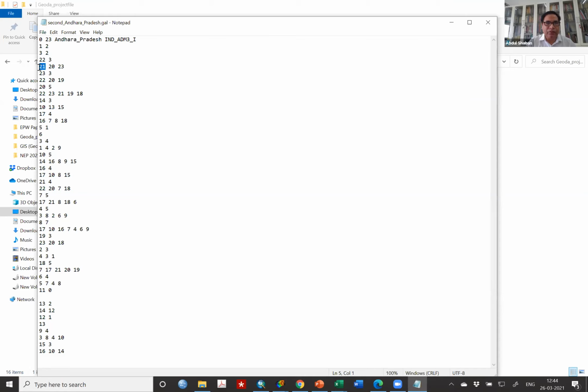These neighbors are 21, 20, and 23. ID number 23 has 3 neighbors, 22, 20, 19. So you have it coming down this way. The only concern here is that none of the districts should have 0 neighbors, and 0 should not appear here.